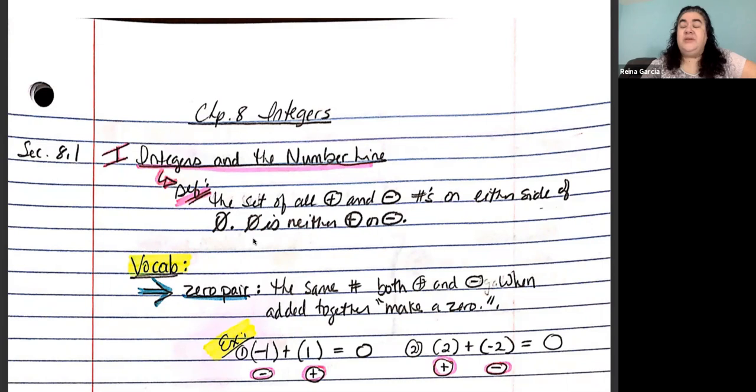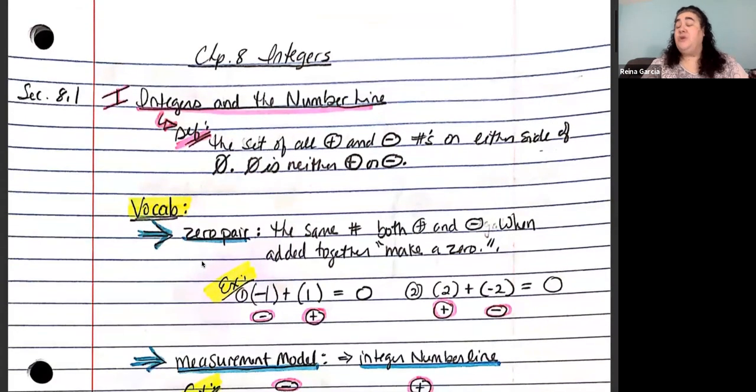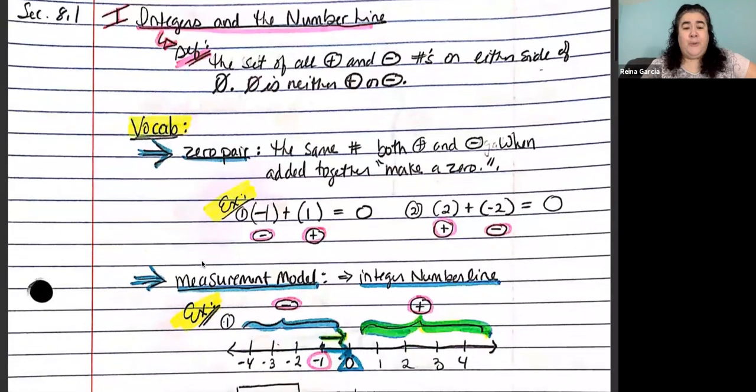if you think of 0 on the number line, it would be in the middle, and you'd have all positive numbers going on to infinity on the right side of 0, and all negative numbers going on into infinity on the left side of 0. So let's talk about a few vocabulary terms that you should be familiar with as we increase our discussion of integers. The first term that you should be aware of